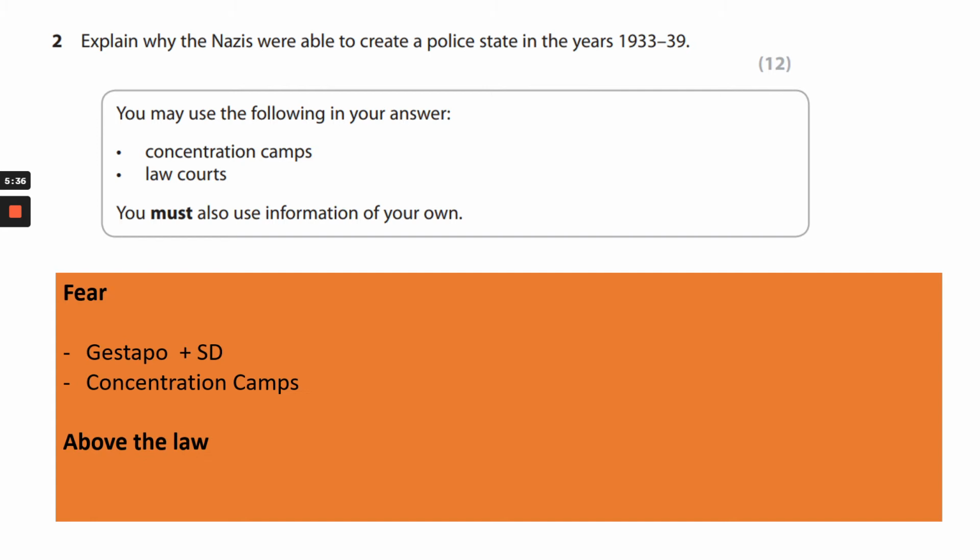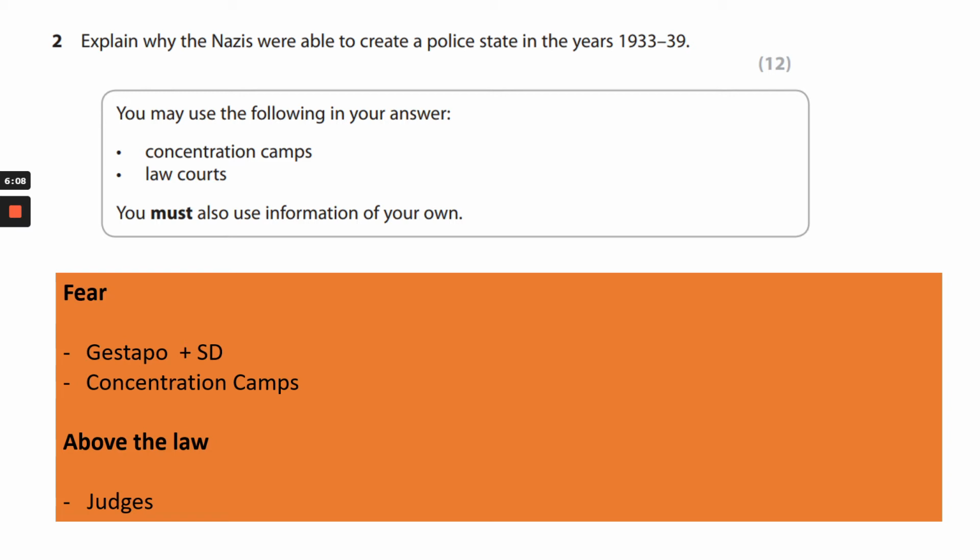And then the next thing I'd know about the police state is that in a police state, the Nazis, or whoever's in charge, are above the law. So how are they above the law? Well, they were above the law because the people who were meant to be following the law weren't. They were allowing the Nazis off if they did something wrong, and they were treating others much more harshly. The judges would be a good answer. The Nazis were able to keep a police state in the years 1933 to 39 because they had the judges